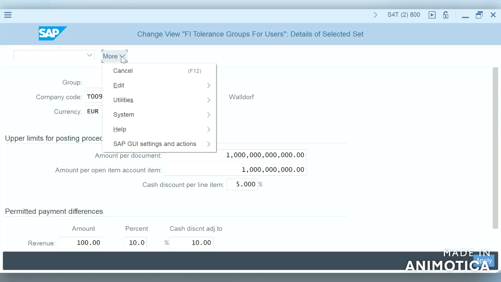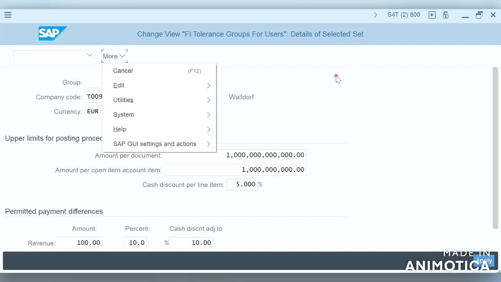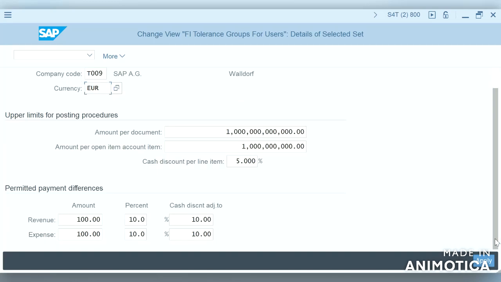Actually we have to edit it. Okay. Amount per document, amount per open item account, cash discount per line item, revenue and expense.